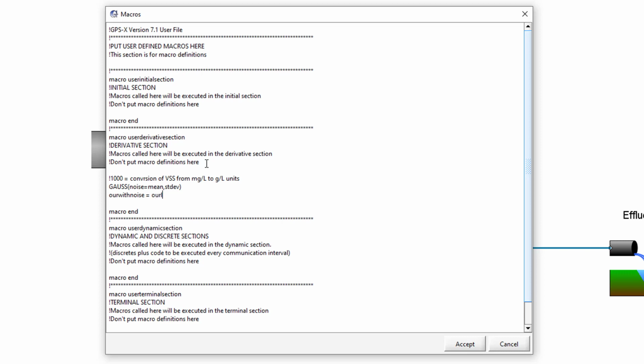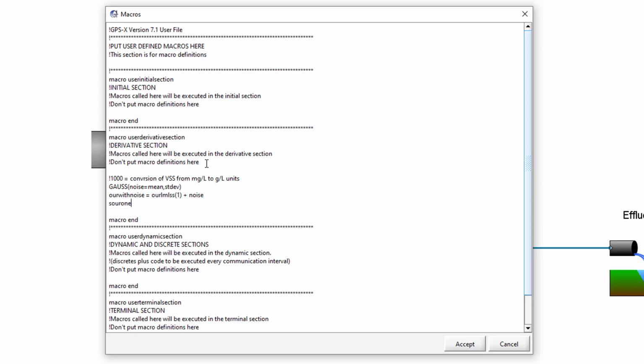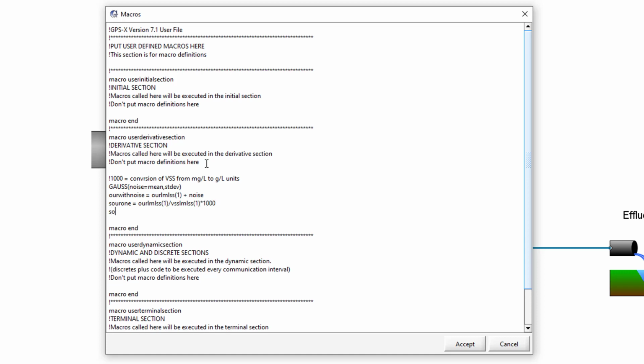The OUR with noise variable adds the noise to our OUR. The sour1 and sour2 variables represent the specific OUR with and without noise. The mean and standard deviation are constants that we will specify later. Note that two GPSX cryptic variable names are used in this code. The cryptic variable names used in these calculations are